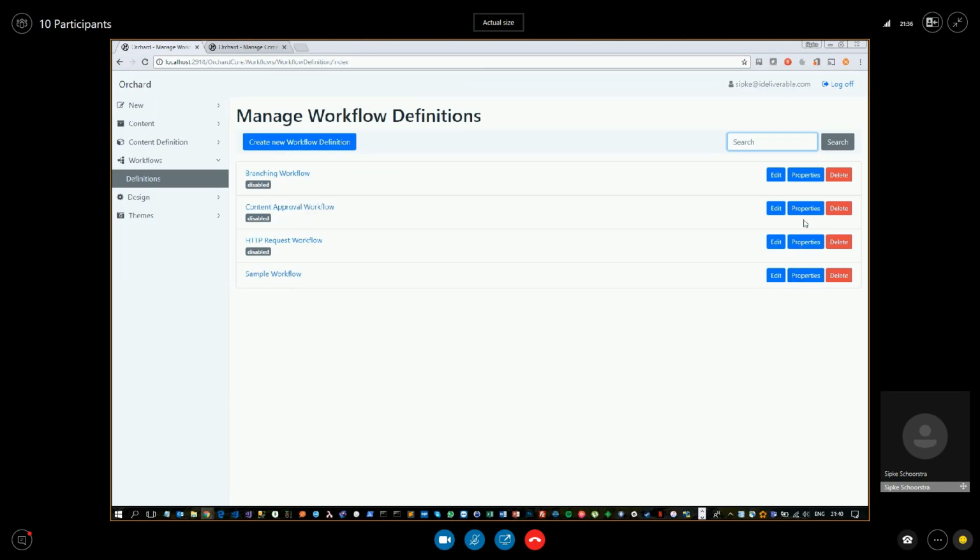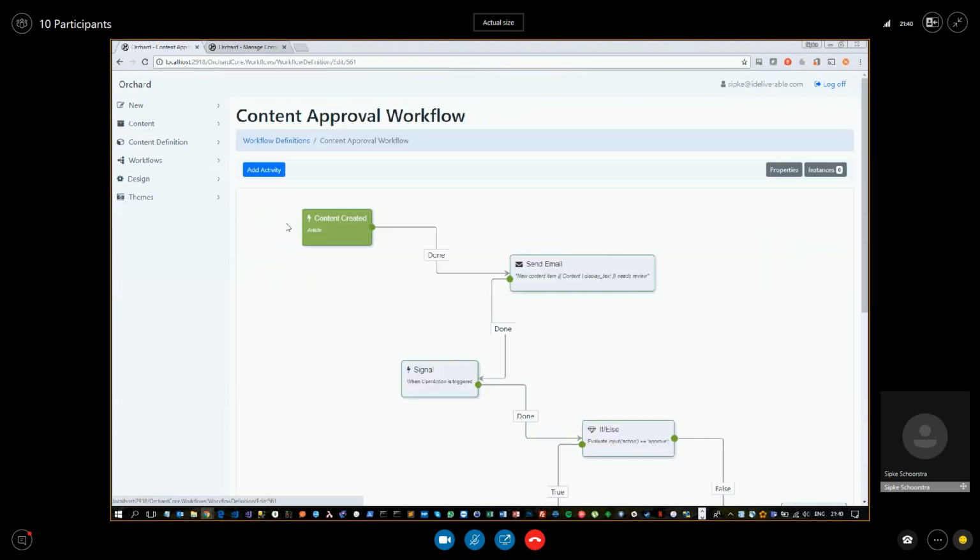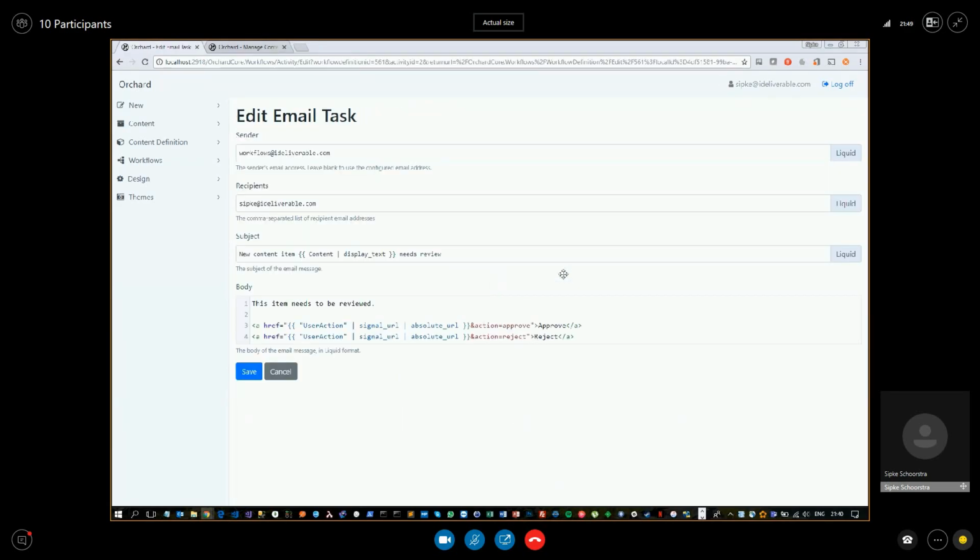Content approval. So here's an example of a content approval thing, which I don't know if I showed the send email activity last time, but it has liquid support for all of the fields, by the way, so you can enter any expressions to access system variables or variables from the workflow context.